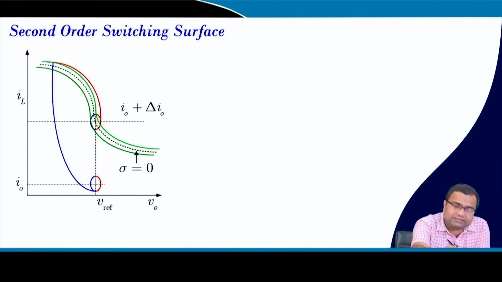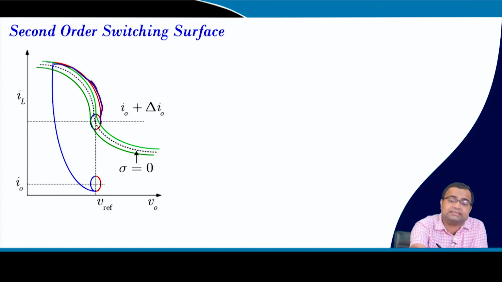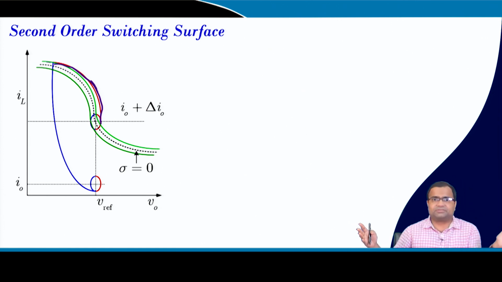But if we consider a second order switching surface, the boundary control, where we want to take the desired switching surface which is almost taking the shape of the off state trajectory. That means the term boundary control comes, that if we set the switching surface close to the boundary of the trajectory, or basically the desired trajectory, then we can get optimal response, right.